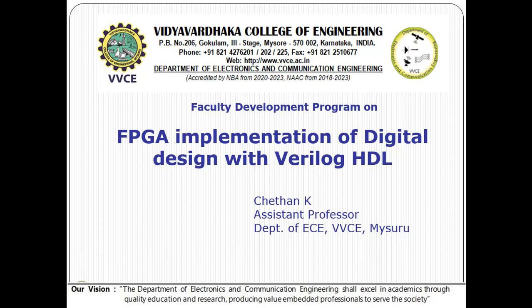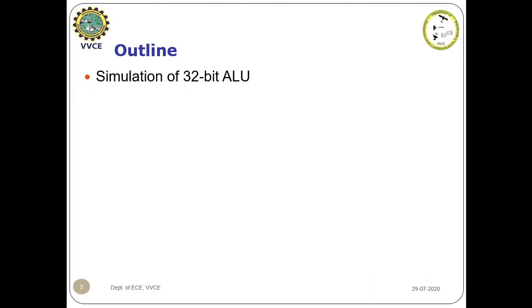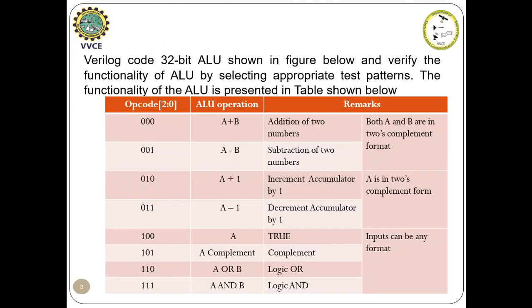In this video, I will give a demonstration of a 32-bit ALU. The objective is to perform various tasks for a 32-bit input. This table gives a brief description of what operations we can do with a 32-bit ALU. I have to use an opcode, which is a 3-bit vector quantity. The opcode can be 000 to 111.